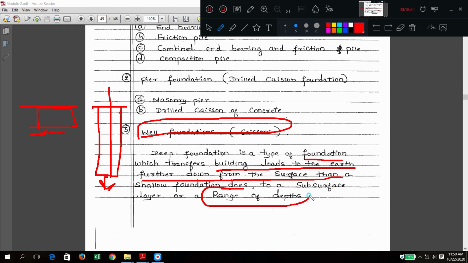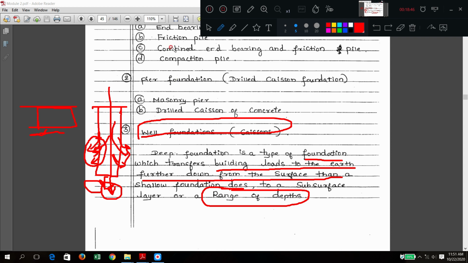Range of depth means what? Load transfer may be here or load transfer may be here. So here direct load transfer, here friction will come. So through friction also some of the load can be transferred to the adjoining surface.